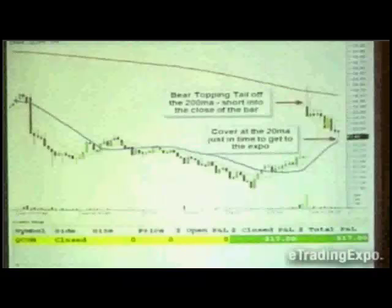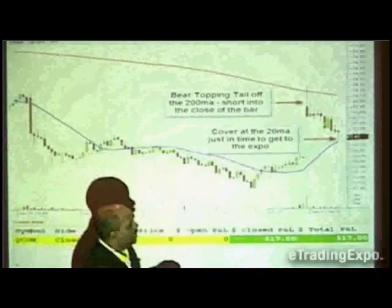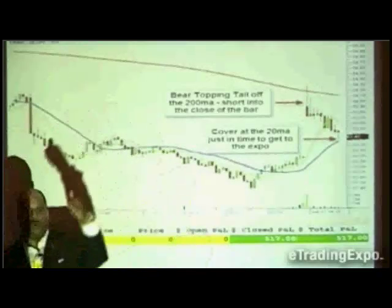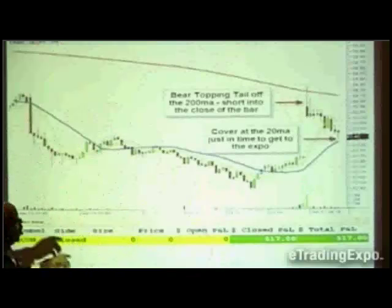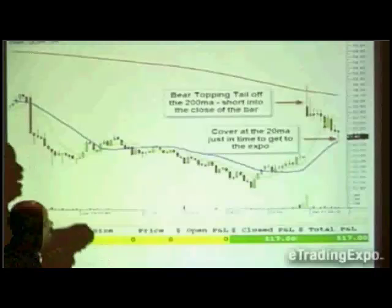This is QCOM. Anybody hear that stock before? All right, QCOM. This is today's action. This is yesterday's action. This is today's action. It gapped up, number one. That's fact number one. This is a 5-minute chart. Each bar represents 5 minutes of trading. So for the first 5 minutes, at first it gapped up